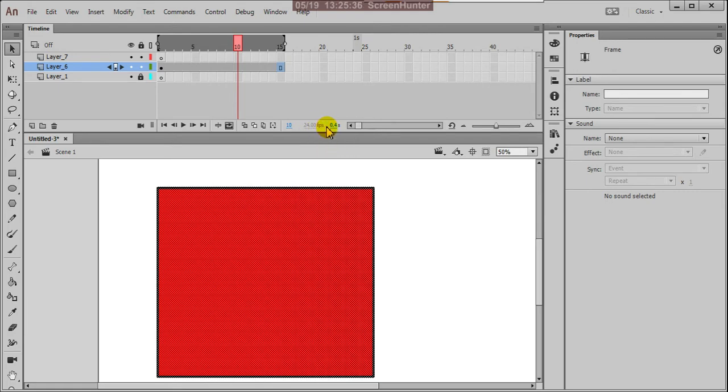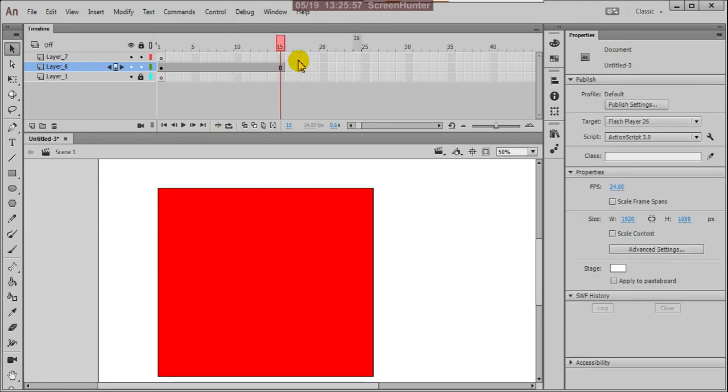At present your animation is 0.4 seconds. We'll explain all these things later. So this is about the timeline.